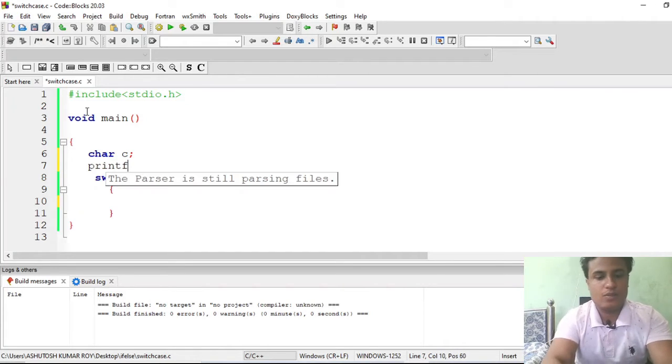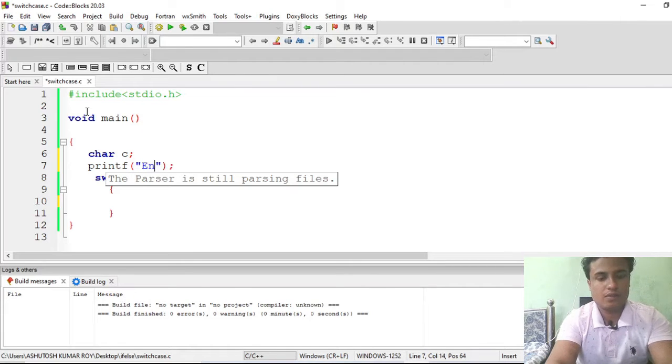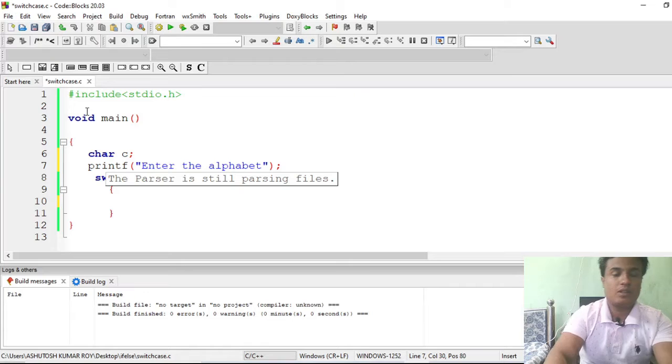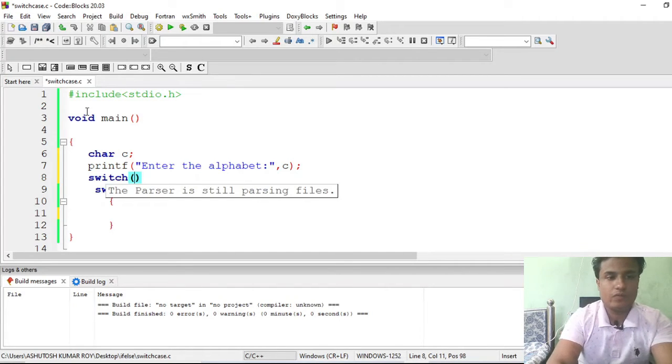So take the input from the user: enter the alphabet, and store that in c. Sorry, not switch, scanf. Scanf with percent c, store that character in variable c itself.